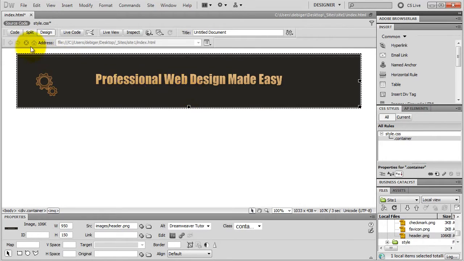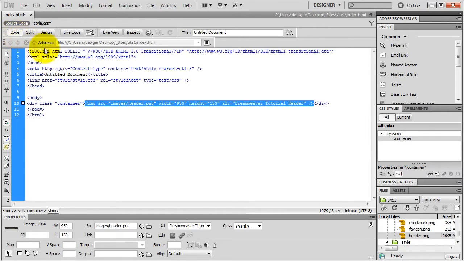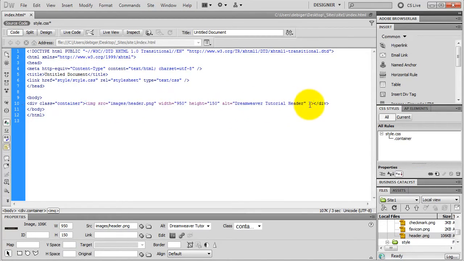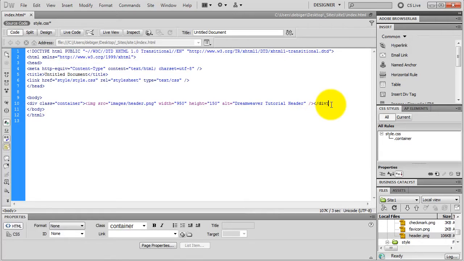Let's take a look at the code. There's my div start tag, my image start tag, the source of the image, the size, the alternate text that I just typed in, and there's my image close tag because it's a self-closing tag, and then there's my div close tag. Make sure you don't have a p paragraph tag wrapping around your image, because if you do and you style your paragraph tag later, it's going to apply to your image as well, and you don't want to apply, let's say, the paragraph margin to your image. Okay, I go back to design view,